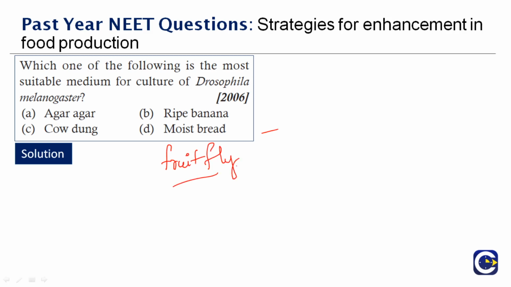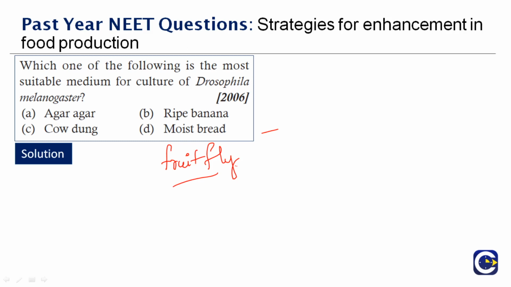Okay, so you have the clue now. So what is the suitable medium for it to culture? Where will you find these fruit flies mostly? In fruits, right? So the right answer is ripe banana. The most suitable culture medium for the Drosophila